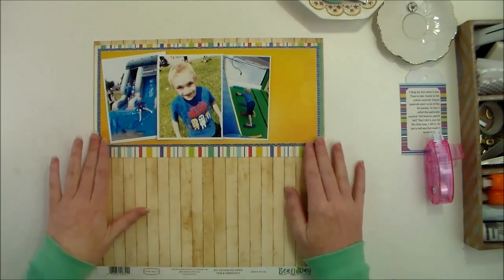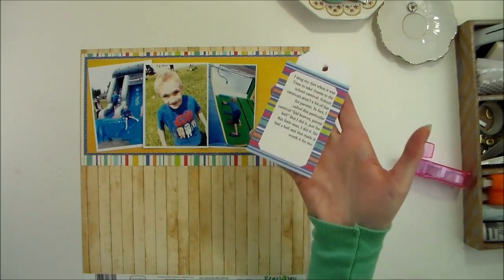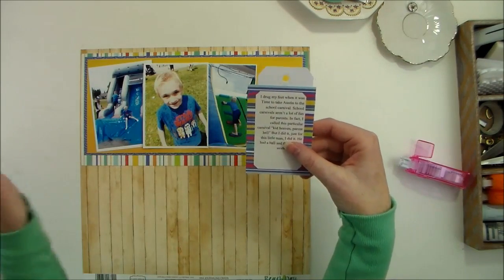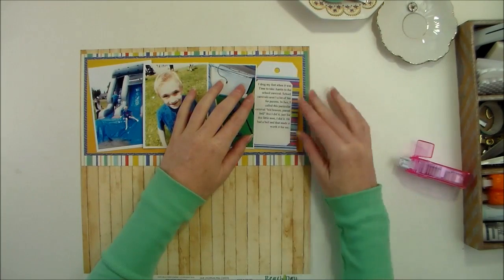I'm not going to push everything down firmly yet because I want to make sure that I have room for my journaling. And I pre-printed my journaling on just a die-cut journaling block from the ephemera pack on the Beach Day collection. And I just want to tuck it right